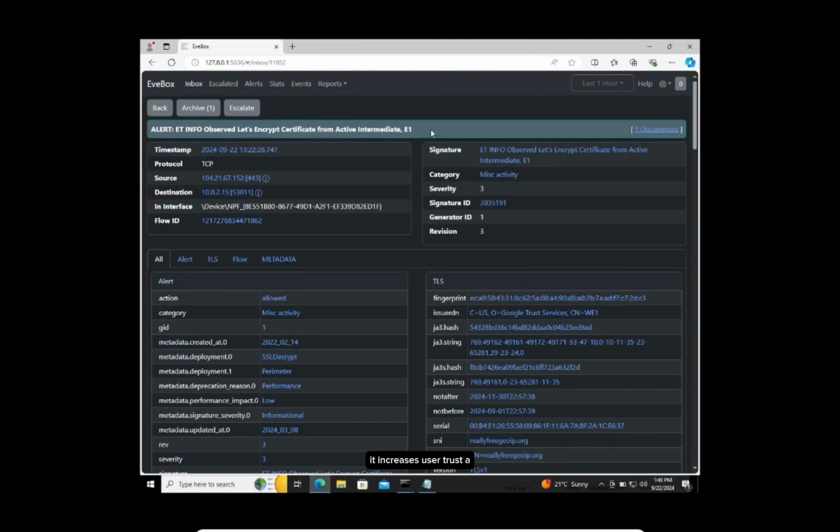It increases user trust. A valid SSL certificate can make users more likely to trust the connection, believing it to be secure. Certificates also use data encryption, meaning that the keylogger could use SSL or TLS to encrypt the data it collects, such as the keystrokes on my virtual machine, while transmitting it to its command and control server, making it harder for network monitoring tools